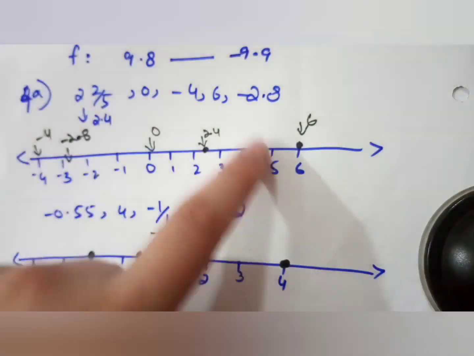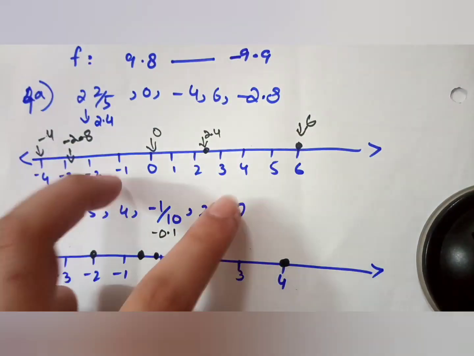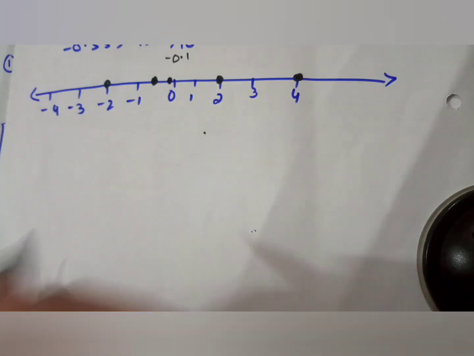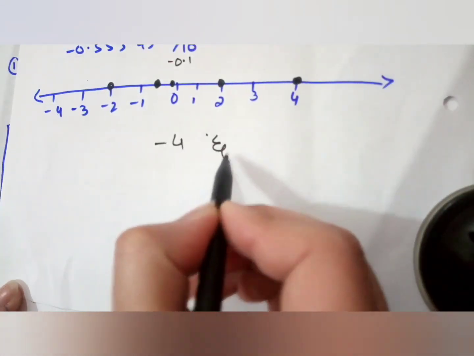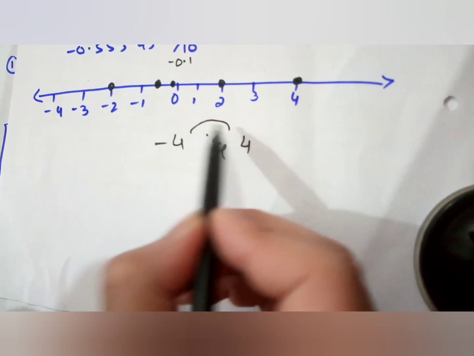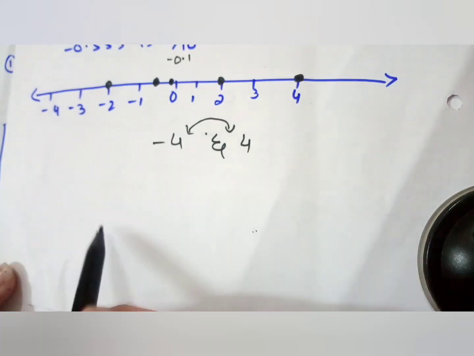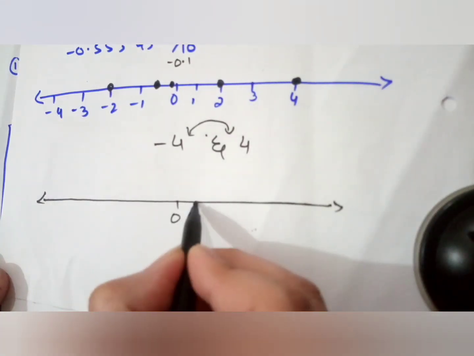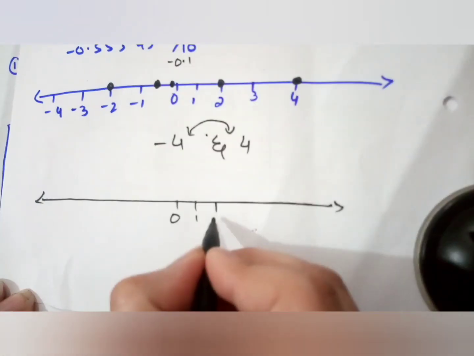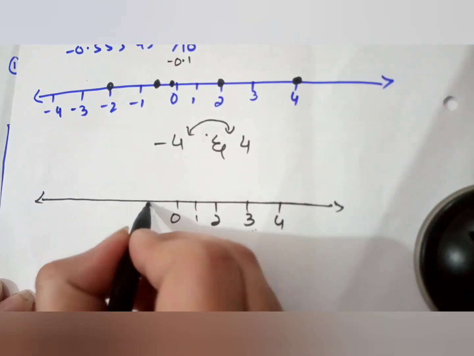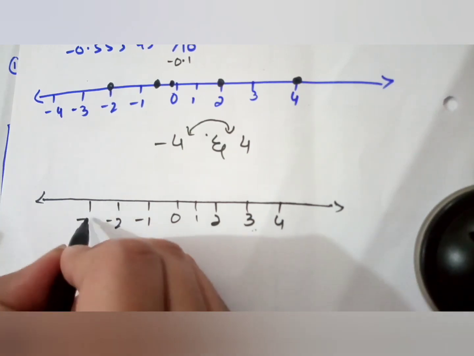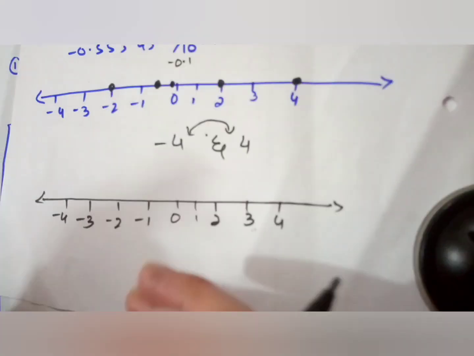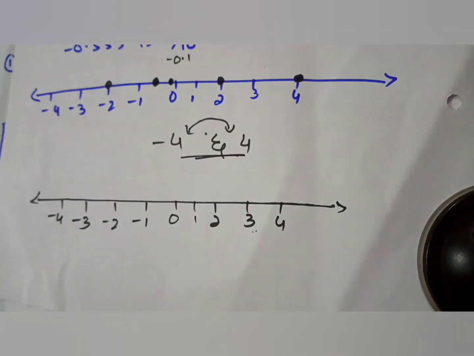So first of all, you take your data, then draw your number line and take the values according to that data. Now we have in part C integers between minus 4 and 4. Between means all the integers that come between both two terms, not including these two terms. But when we make the number line, it's better to represent minus 4 and 4 as, in the mid there is 0, then on the right side there are positive numbers 1, 2, 3, 4, and minus 1, minus 2, minus 3, minus 4. Now no need to take 5, 6, 7, 8 and so on, because all these terms did not come in our given data. So we identify the terms.